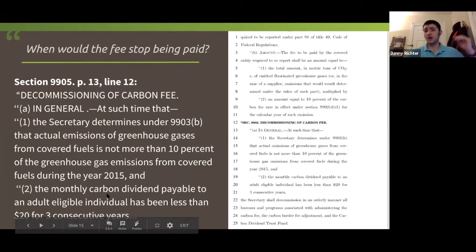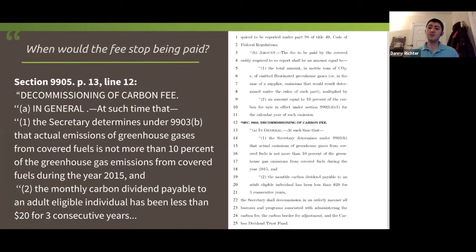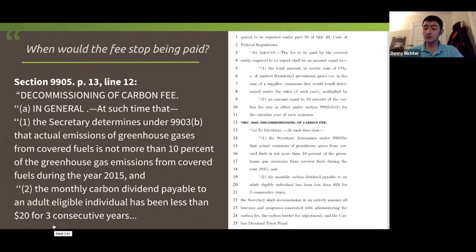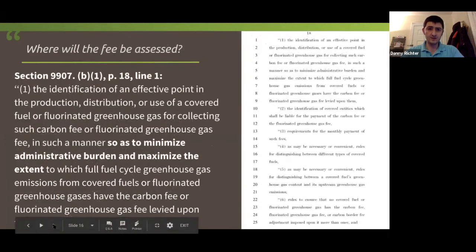And there should have been a weaning off of fossil fuels by the population. So in the negotiation process, there was a concern raised by the offices that people would become dependent on the dividend, and that if you were to take it away too quickly, then there would be anger in the streets. And so by linking these 2 provisions, you make sure that this is a ramp up, pause, ramp down, and everybody, wean people on, wean people off. At that point, we shouldn't be burning any fossil fuels. So we achieve the climate goals, and then we have a positive social impact. So that's what that is.